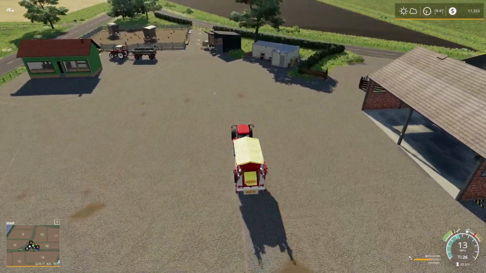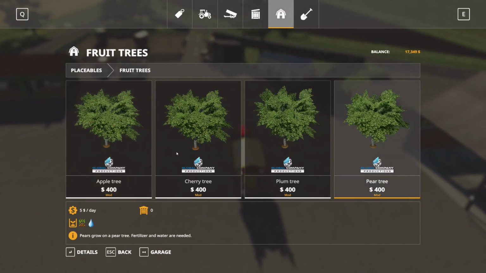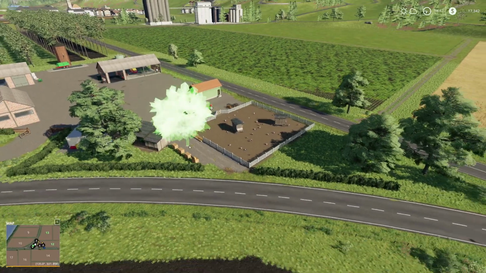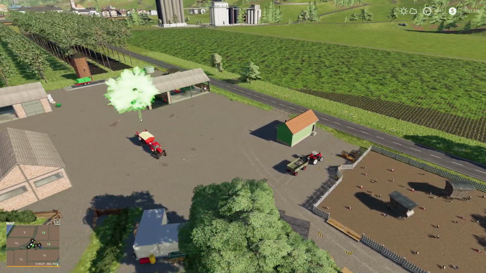Where I'd want to put that. Because if we take a look, what's it in? Yeah, fruit trees. So we have pear, plum, cherry, and apple. And they only require water and manure. And they are big. So we're going to need space. I'm thinking...